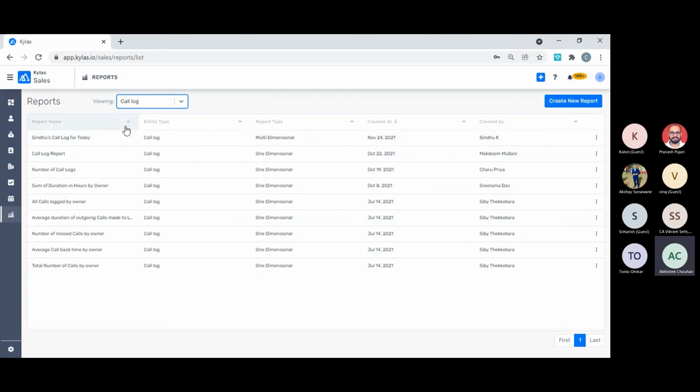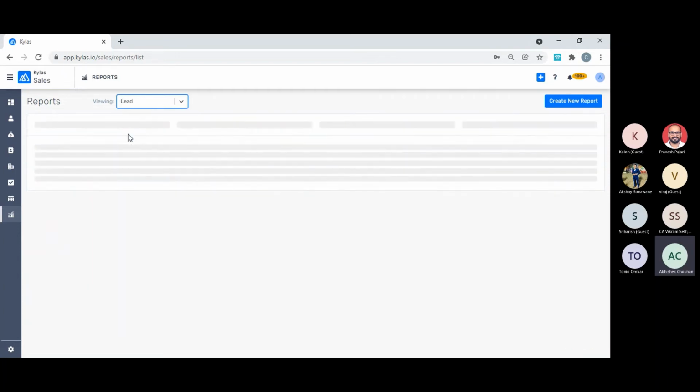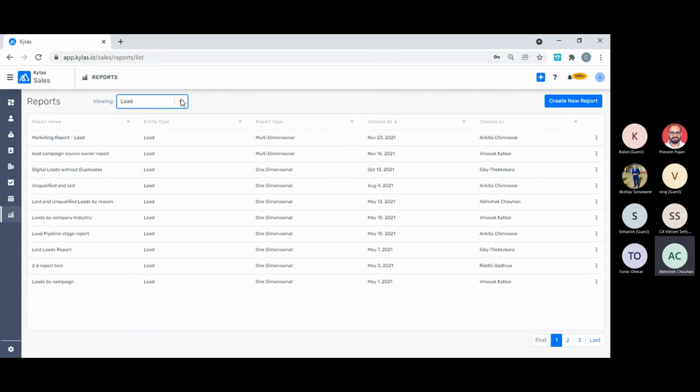Along with this, there are many reports. If I start talking about each and every report, I can keep on talking, but the main point I'm trying to convey here is that whatever reports are available in Kailas readily, or the reports you can create, are very important to our organization and very critical to understand the productivity of your sources, campaigns, sales team, marketing team, and the products also.